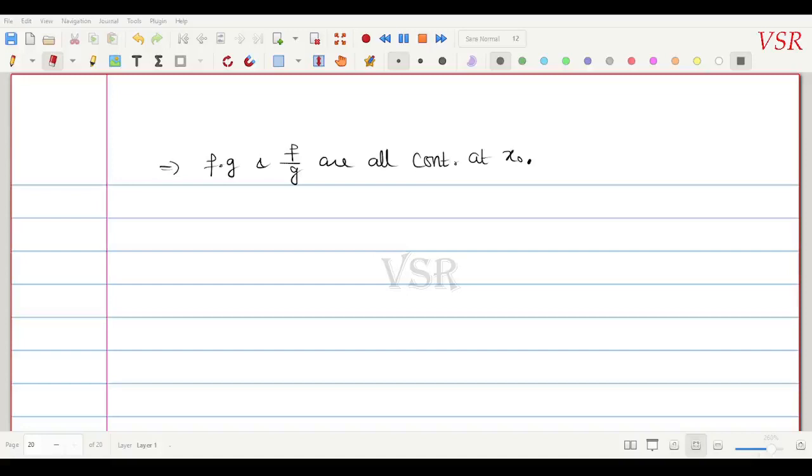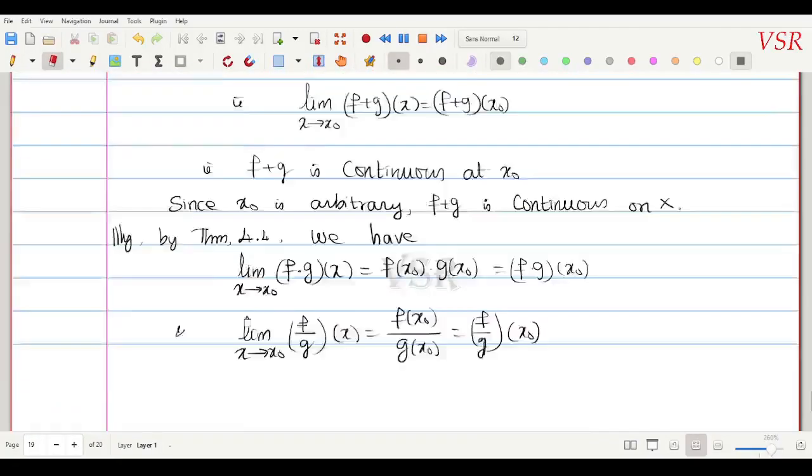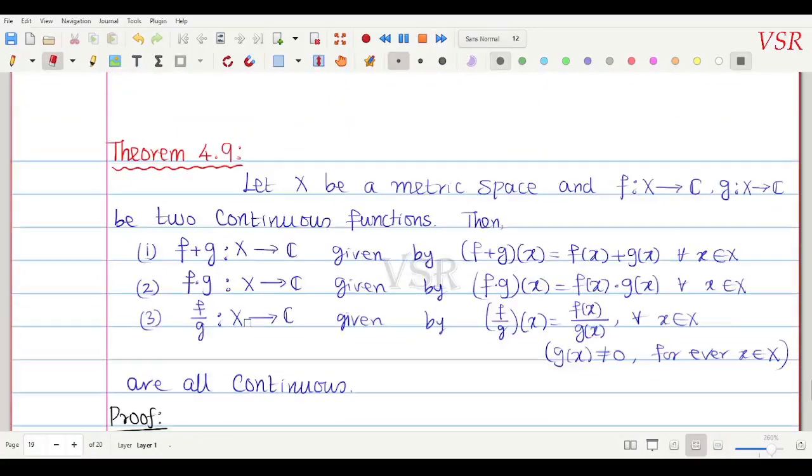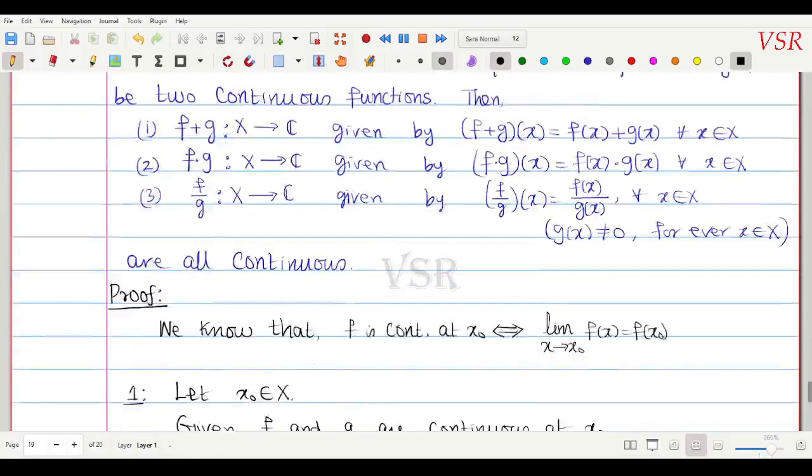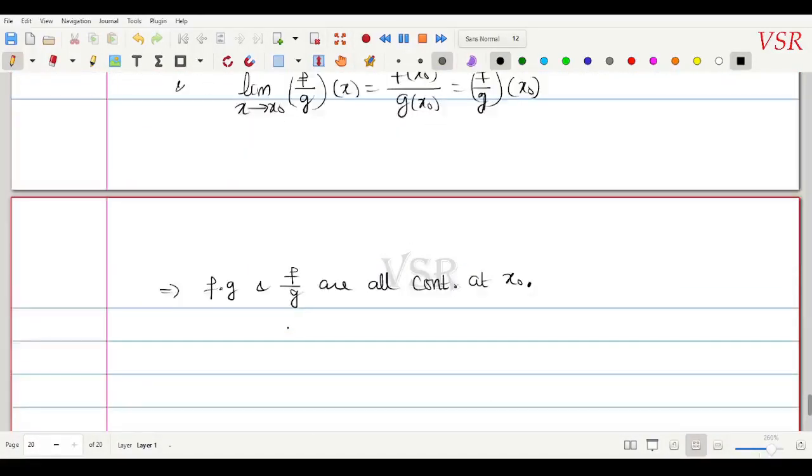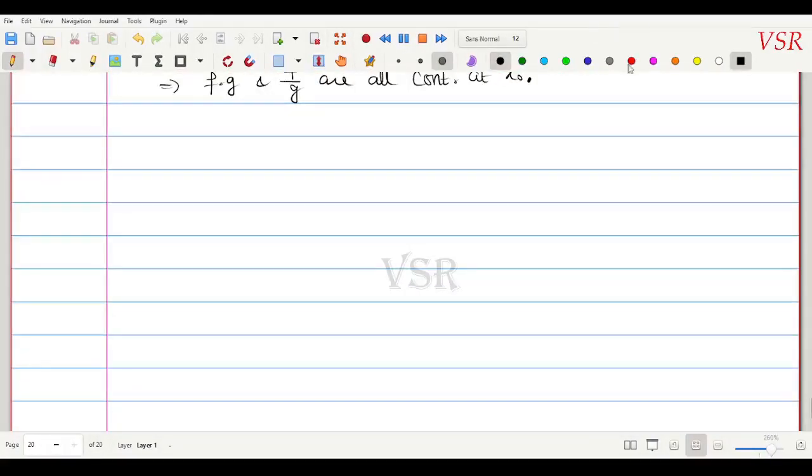Okay, so we state this theorem again. Look at this statement a little carefully. These functions f and g are called single valued functions. The output of all of these is a complex number. Okay, now we'll go for another interesting theorem, that is Theorem